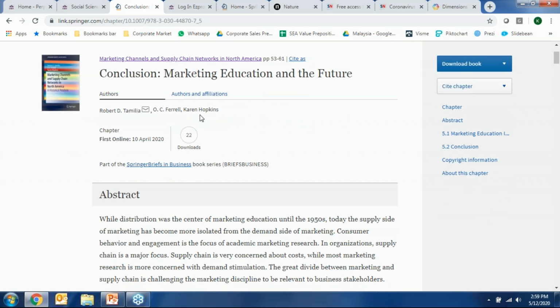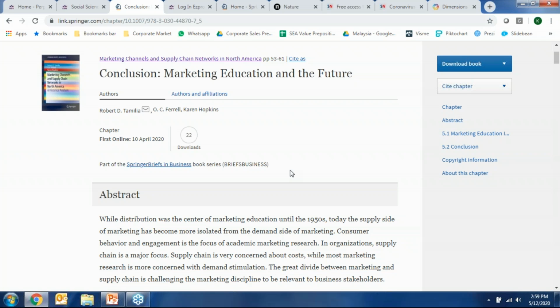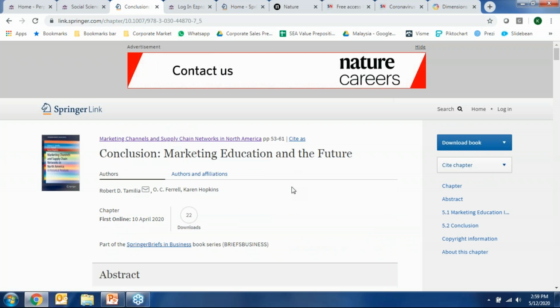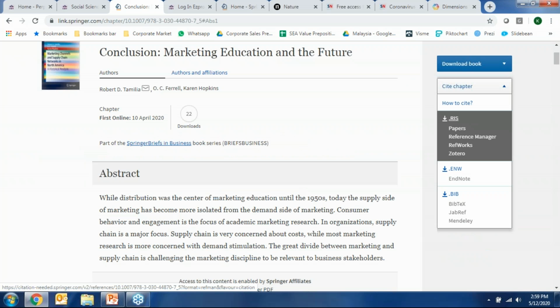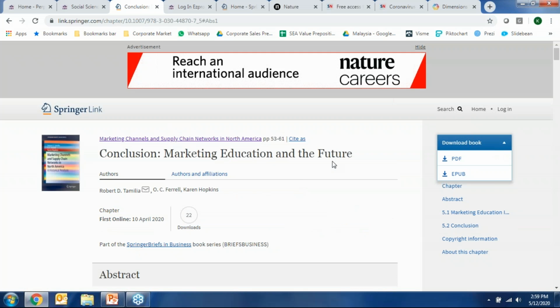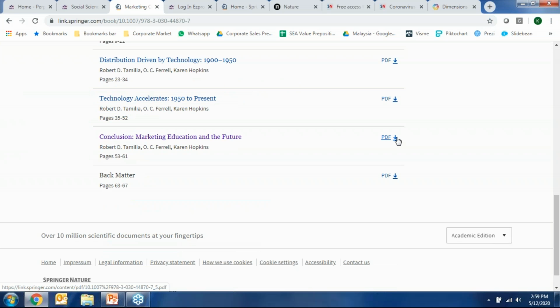Okay, right? So when you're at the chapter itself, you also have the functionality of scrolling through the different sections of the chapter. There's a cite functionality over here, depending on what tools you're using, so again, is it Mendeley, EndNote, etc. And just to be very careful as well, this link here on the right hand side says download book. This means the entire book. If you want to download just this specific chapter, you would then have to go back to the homepage here and then click the individual download PDF for this chapter.